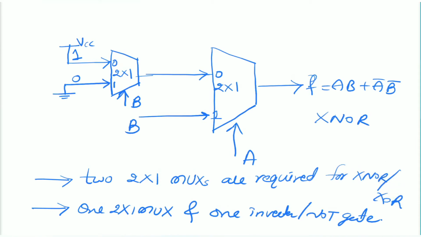And for long answer questions, that means for 10 marks or 5 marks, you will have different Boolean expressions in terms of 3 variables or 4 variables, and you need to implement that Boolean expression with the help of 4:1 multiplexers or 8:1 multiplexers. There you require an implementation table. With the help of that table, you can find these kinds of connections: what the selection lines and the input values should be. That we will see in the coming videos.